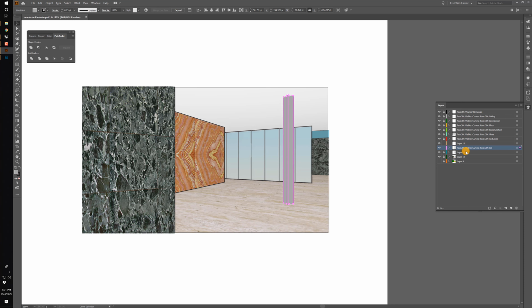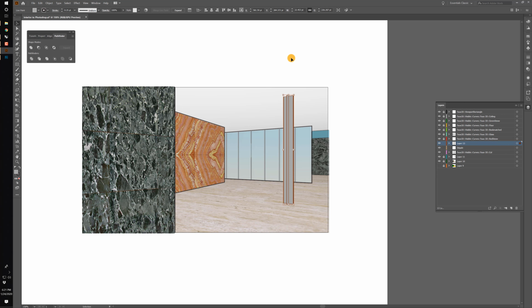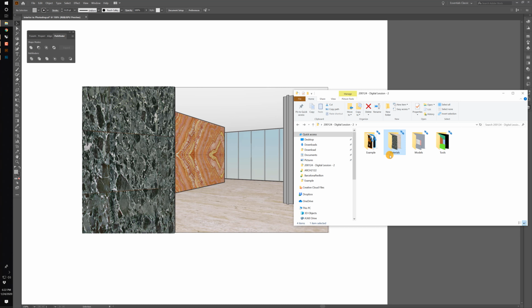I'm going to click the object and use Control-C. On a new layer above, this will be my stipple. I'm going to do one additional layer, and I'm going to go Edit, Paste in Place. What that means is that this will be my clipping mask, this will be my stipple layer, and this will actually be the geometry. I gave you in this file some tools, and in those tools included the stipple shading